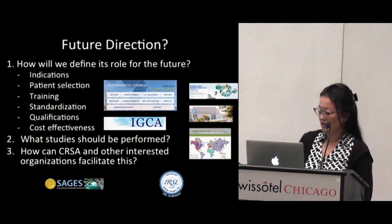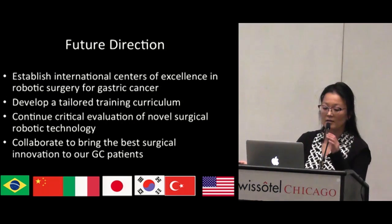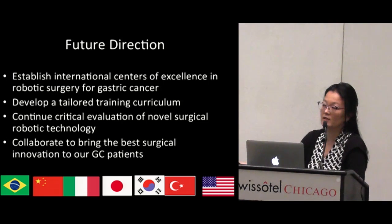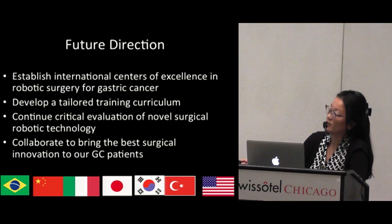And so perhaps we can, the group that is here and those who are interested in performing robotics for gastric cancer, get together to establish an international centers of excellence of robotic surgery for gastric cancer. I don't even know what that would really look like, but